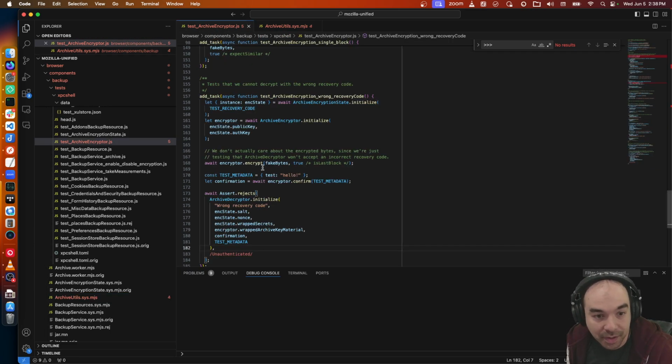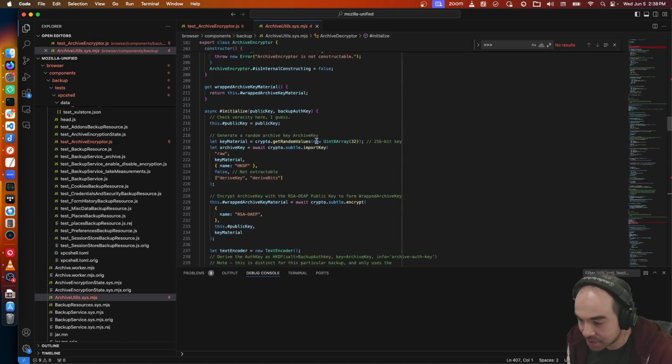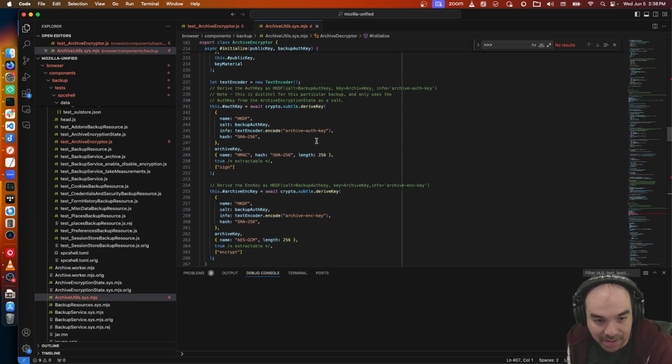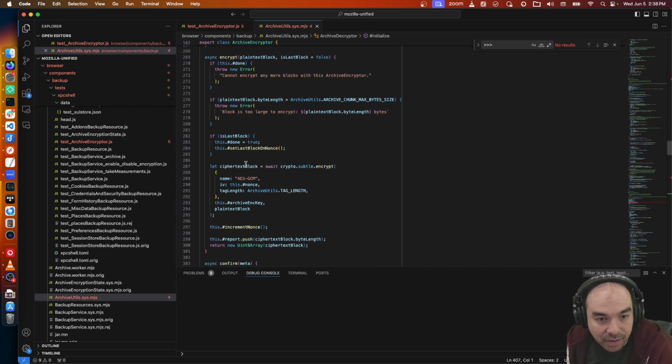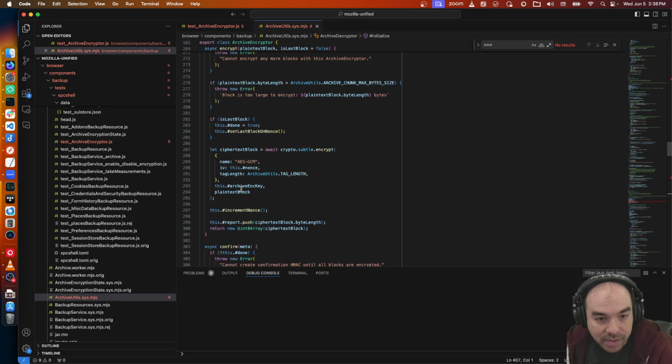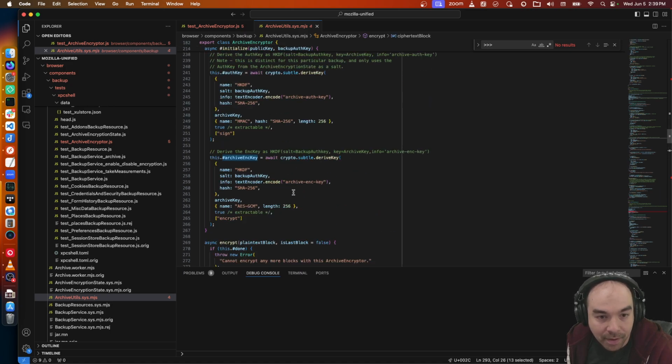Oh, geez, how does it work? It's so Byzantine, but the security team makes it very clear that this is the best way of doing it. When we encrypt using the archive encryption key, the archive encryption key is derived from the archive key using the backup auth key as the salt.